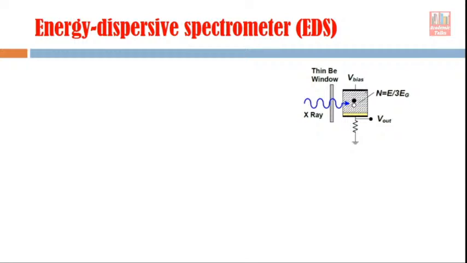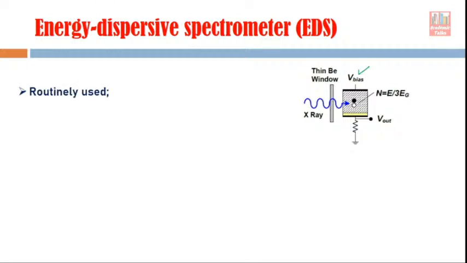This detector is actually a material or a structure which has a space charge region. This space charge region will receive the X-rays, and electron hole pairs will be generated here, and once electron hole pairs are generated, a current will flow into the detector. A bias voltage is applied here. The current which flows in this detector circuit will produce an output signal, in response to the incoming X-rays.